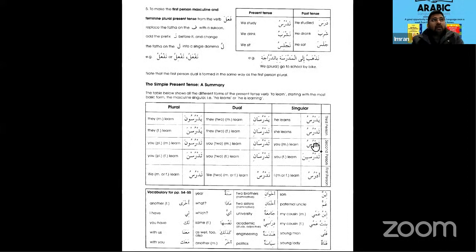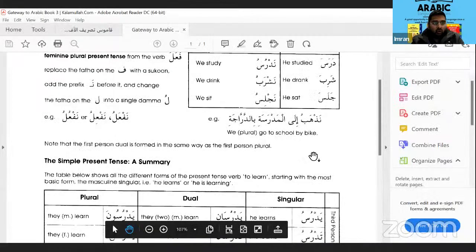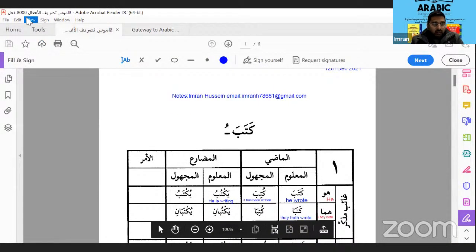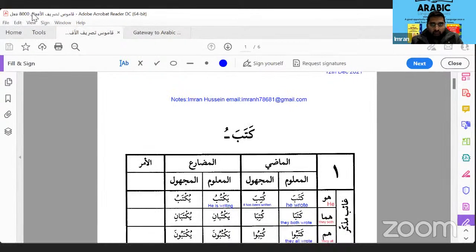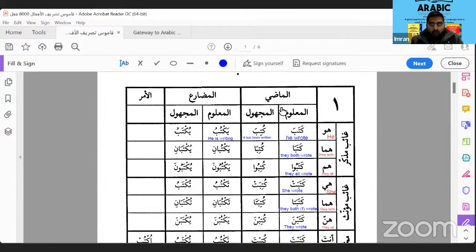Now, let me remind everyone that all verbs in the Arabic language have a minimum of 3 letters. So all of the verbs in the Arabic language have a minimum of 3 letters. I'm going to show you something else as well. I just want to quickly revise this before I start the present tense. Of course, I'm not going to teach past tense. Past tense will be taught in the next session. But just to revise everything, I'm going to ask